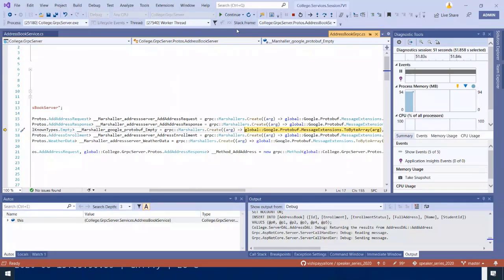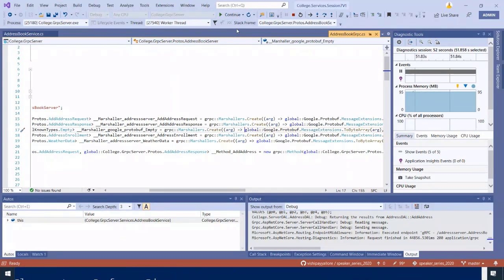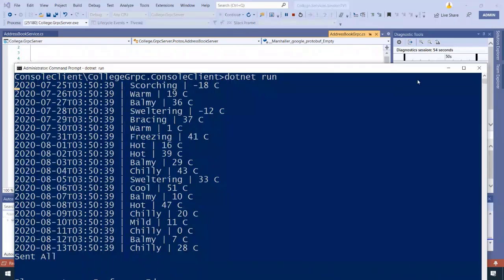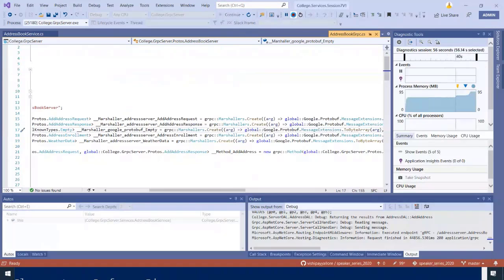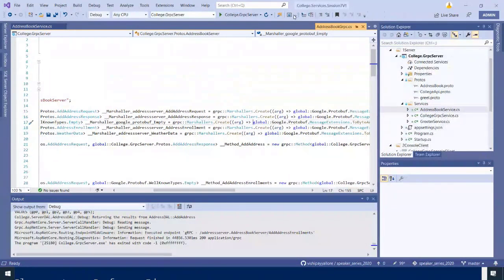So what we decided is the client will make multiple requests, and the server can return one.